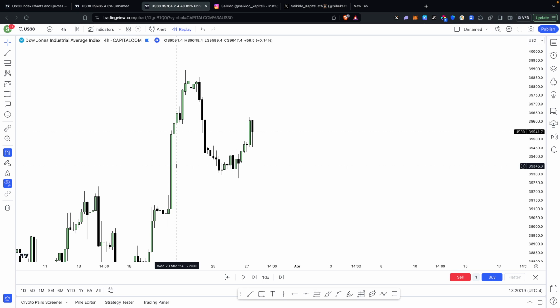You can basically make a million. ICT said in one of his videos that if anyone wants to make a million, they must stick to the silver bullet. This is almost the same thing, almost the same number of handles. It's basically the same thing. But this one is going to be the 2022 model because of the 9:30 judas swing, which is exactly what I'm going to be showing you here.